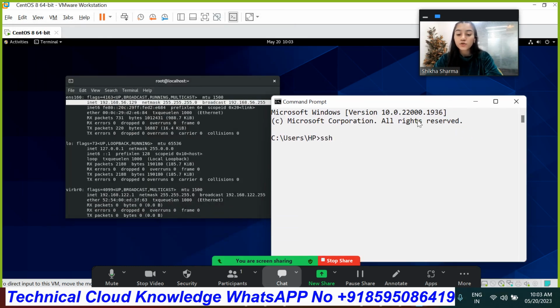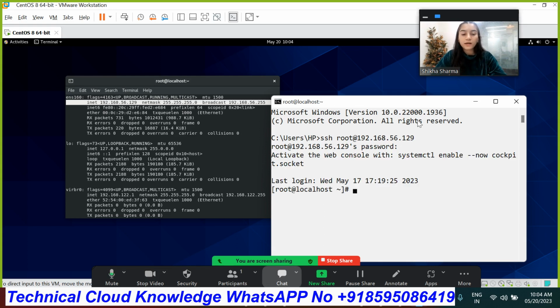Run ssh root@ followed by the inet number. Then write the password, whatever password you have assigned to the root user, to take the remote. Okay, we are able to take the remote.